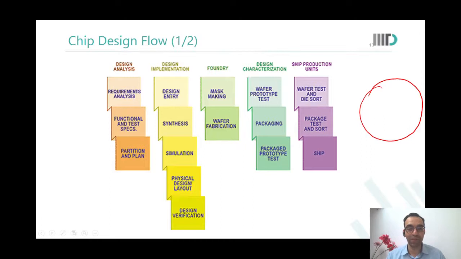Finally. Okay. Sir, after the wafer prototype test, here we have tested the functionality, whether our die is working properly or not, or for every row or column, whatever we say. But then, sir, will we do packaging after that only, and then move to package prototype test and then to wafer test, or would it be like wafer prototype test and then wafer test and die sort? So see, wafer is when all the dies are together. Yes, sir. Package is after you have separated these dies and packaged them into their ICs. So after a package test, wafer test can't happen.